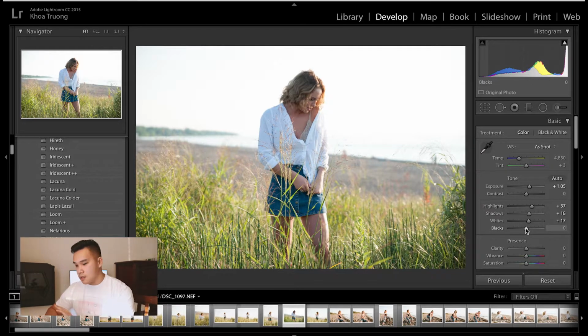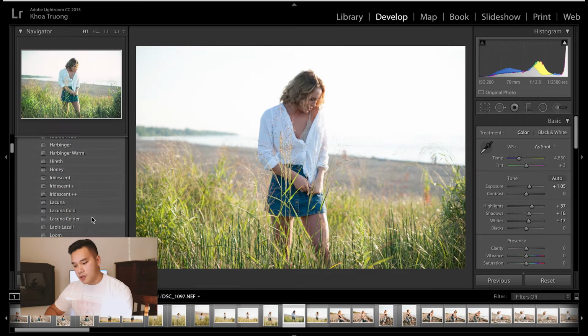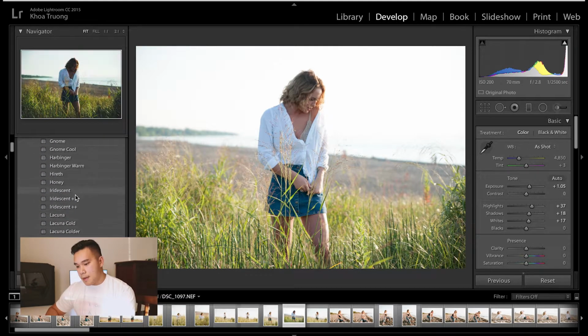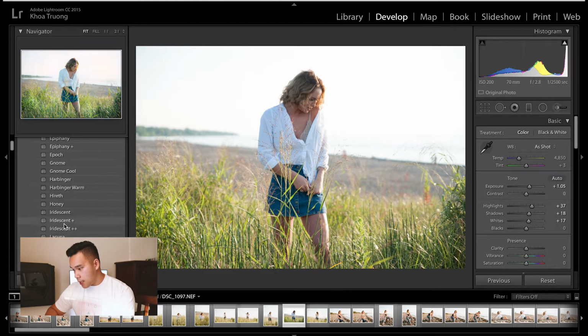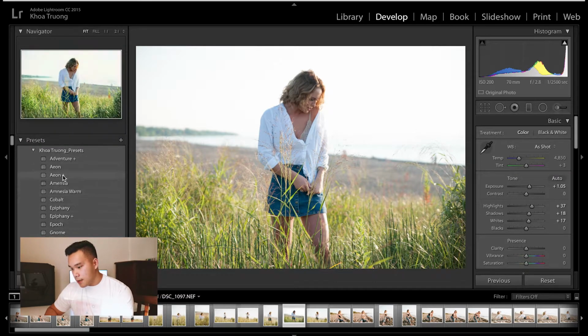And once again, this is no preset. As you can see, I have my own presets on the left side of the screen here, but we're not going to do any of that today. But you can see an idea of how the picture can look with my already made presets. But we're not going to use that today. So back to the editing. Once again, increase the blacks,